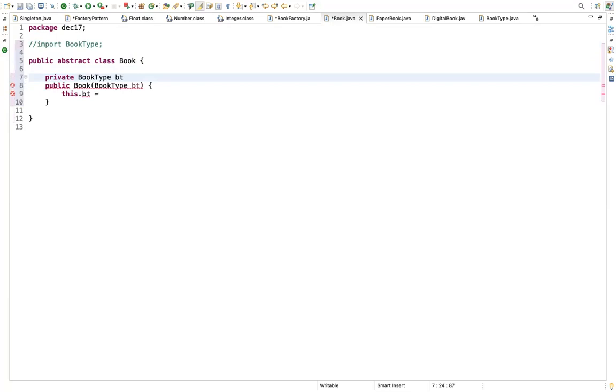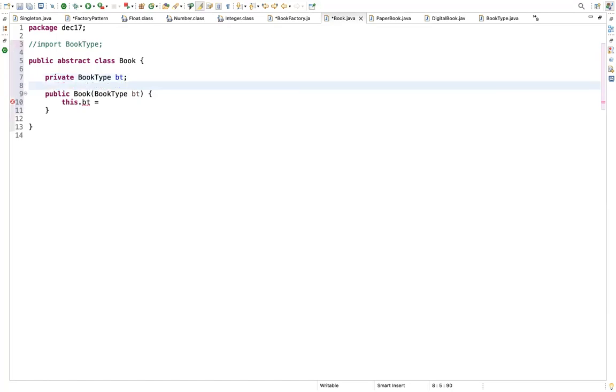Private book type BT, right? Yeah, you can have some reference. Anyway, using the this keyword, it shouldn't give you a problem. Okay, now give this dot BT equal to BT. Just a moment, Kirpa, I'll just send the invite quickly.